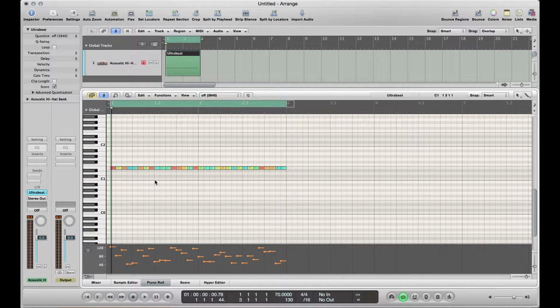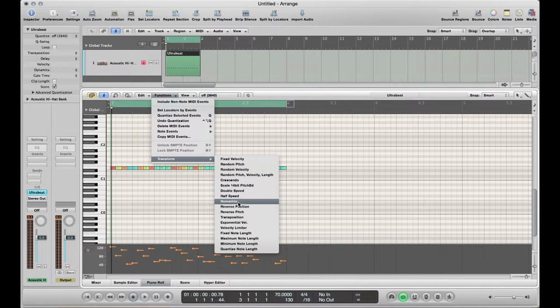And there are some other things that we can do to this, but that is very valuable. Changing the velocities, especially on hi-hats and higher end percussion, for me anyway, just gives that extra natural feel that it's not perfect. It's not playing at the same pitch, same velocity every time. So if we go back into transform,